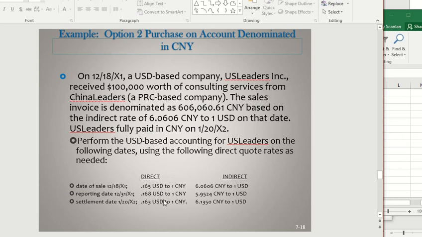And as I look at these direct rates, I can see that the rate is going up. So I'm going to be pretty sad at the reporting date when the rate's going up, because that means my payable is increasing and I'm going to have to pay more than expected and I'm going to be losing money, right? But then at the settlement date, the rate goes way down, and I'm in a payables position, meaning my payable is going to decrease significantly, even less than I originally anticipated. So I'm going to be paying less than $100,000 and have a larger gain at the end when everything's said and done for this